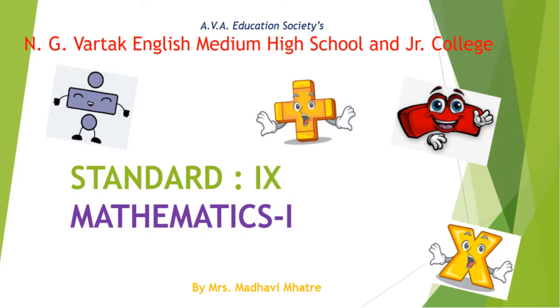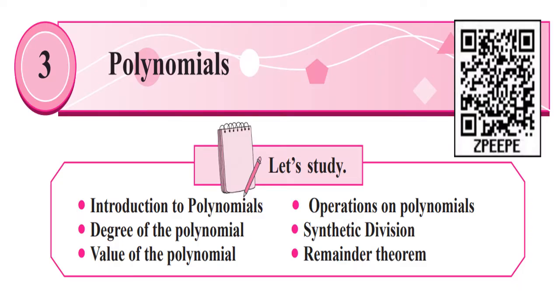We are studying chapter number 3, Polynomials. In the previous lectures, we have studied about polynomials. We have seen the various types of polynomials based on the number of terms present in the polynomial. At the same time, we have seen the types of polynomials based on degree of the polynomials. And from that, we completed practice set 3.1. Now, let us go ahead here and see operations on polynomials.